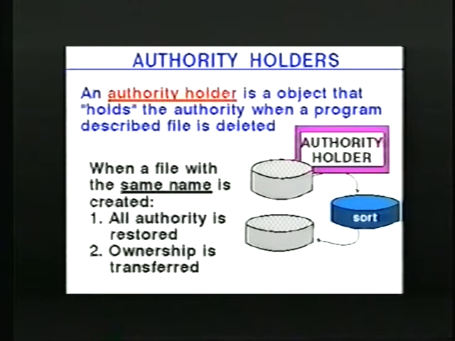Well, an authority holder is an object, and the purpose of the authority holder is to, as its name implies, hold the authority even while a file has been deleted. So for this S/36 application that we're going to be deleting the file frequently on, we're going to go out and create an authority holder for that file, and then thereafter you do all your grants of access to the file itself, and because the file has an authority holder, IBM will remember the authorities in that authority holder even while the